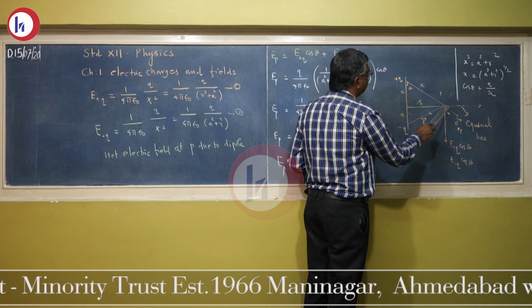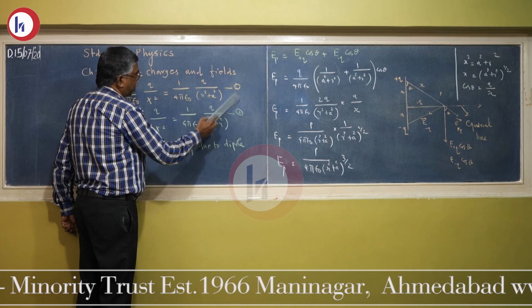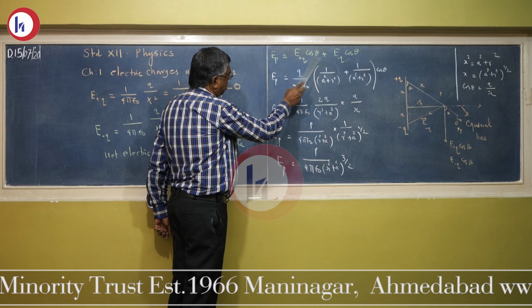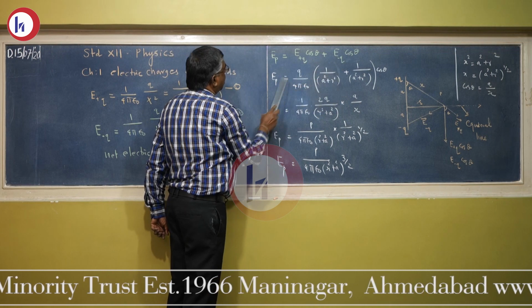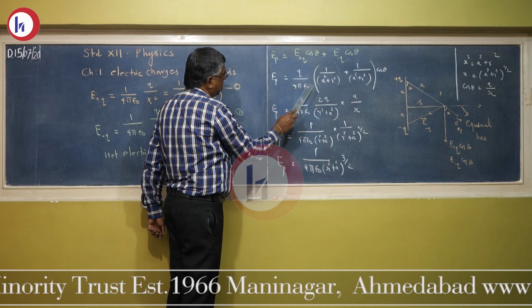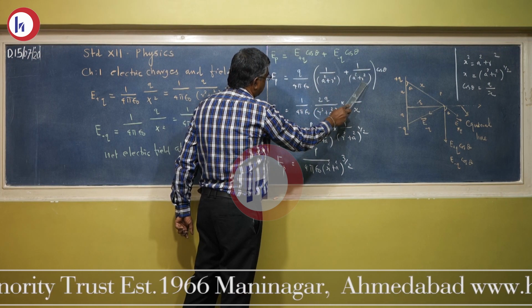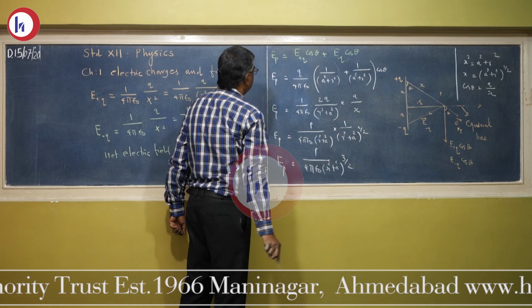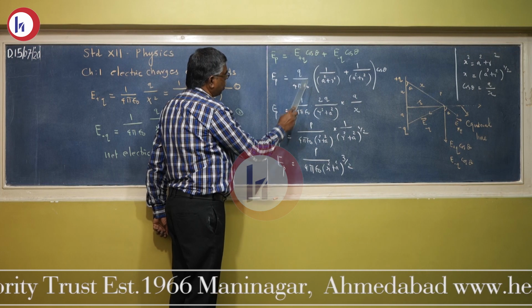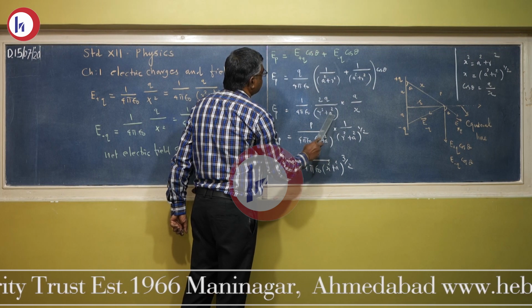Therefore, the net electric field at the given point is equal to the sum of equations number 1 and 2. That means the electric field at point P equals E_Q cos theta plus E_minus-Q cos theta, or the electric field at point P equals Q upon 4 pi epsilon 0 times (1 upon (a square plus r square) plus 1 upon (a square plus r square)) times cos theta. Or the electric field at point P is 1 upon 4 pi epsilon 0 times Q, and this one is 2, so 2Q upon (r square plus a square).